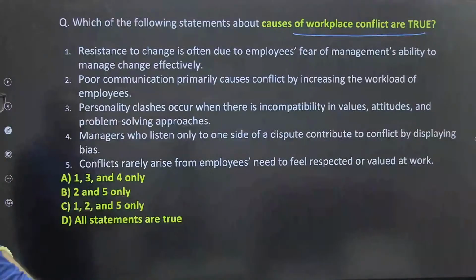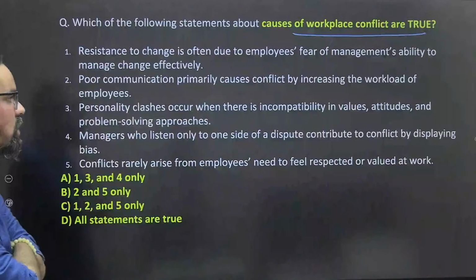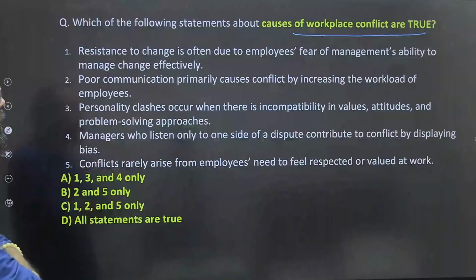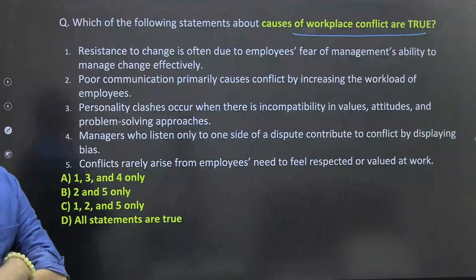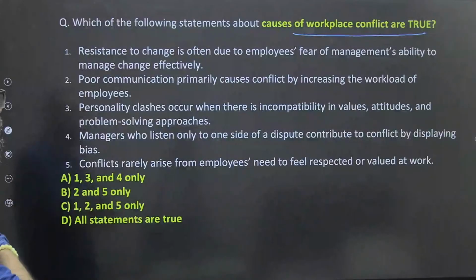Regarding conflict: poor communication primarily causes conflict by increasing the workload of employees. Second statement. Third one, personality clashes occur when there is incompatibility in values, attitude, problem solving approaches.